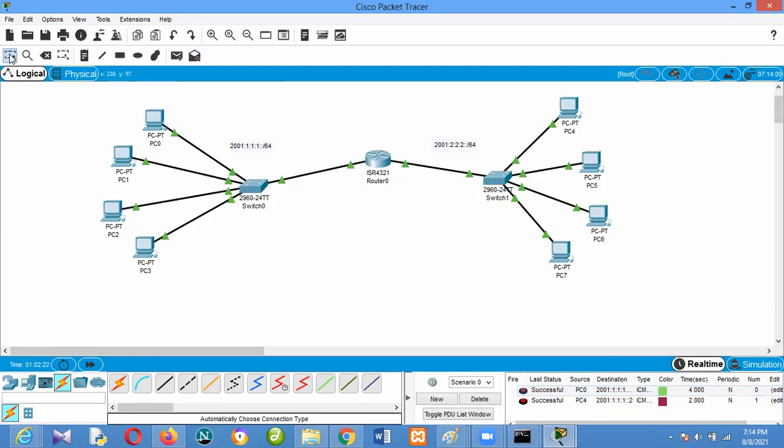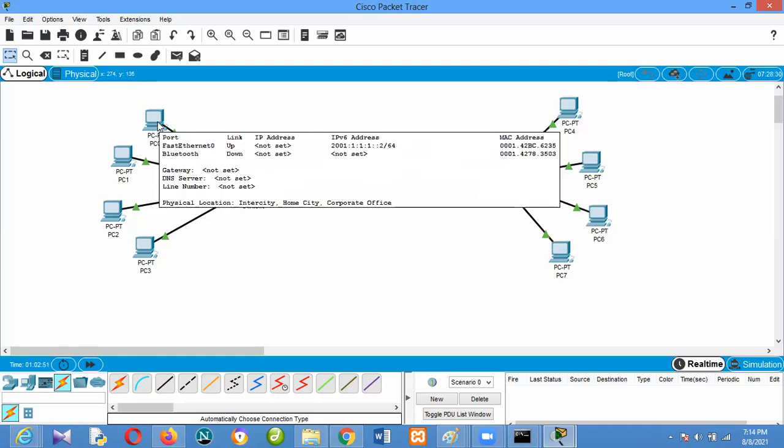So I'm lost. With this, the PC that you're using, how are you doing it, sir? Is it the pinging? Yes, sir. Okay. And also, the pinging was successful without routing. There's no need for routing here. Yeah, no need for routing. It's just one router. Yeah, they are directly connected to the router, so there's no need for routing.